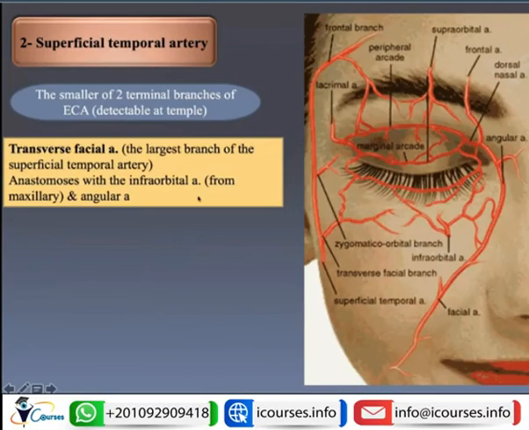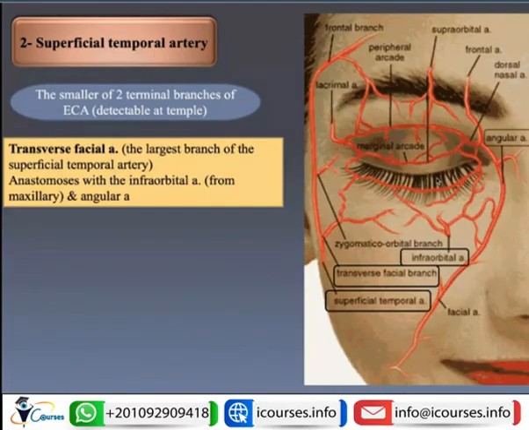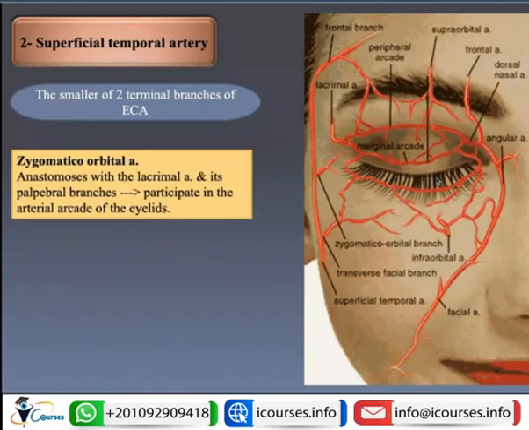Then it will give the transverse facial artery. The superficial temporal artery will give the transfacial branch, which will anastomose with the infraorbital artery to form the angular artery. And then it will also give the zygomatico-temporal or zygomatico-orbital artery, which will anastomose with the lacrimal artery